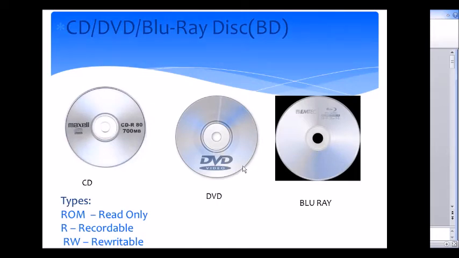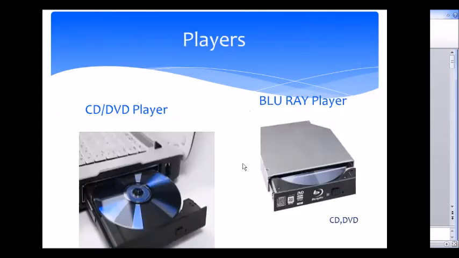Fine. We have one more difference, that is in players. We need separate players like this to use these CDs, DVDs or any disc, and they are actually inbuilt. They come with the CPU or laptop. So we have to put the disc like this and we can access it, we can use it, we can open it. Okay, fine. This Blu-ray player is different and separate from this CD player actually.